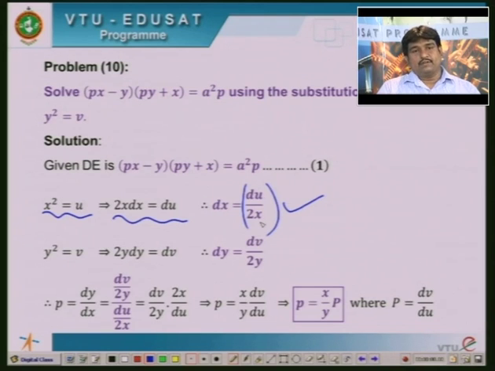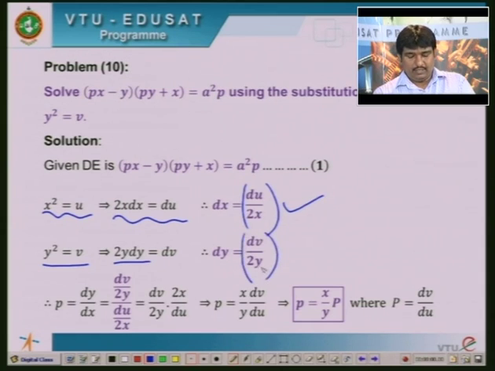When I substitute this in the given differential equation and simplify, I will get an x square term, so that I can replace x square by u, and the same for y square by v. So I will keep this in terms of x only. So, dx is du divided by 2x. Consider y square equals v. The derivative of y square is 2y dy, which equals dv. So this implies dy equals dv by 2y. For the same reason, I will not shift this y to v, I will preserve it.